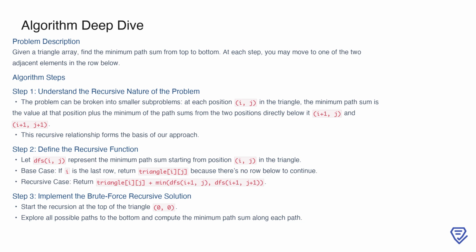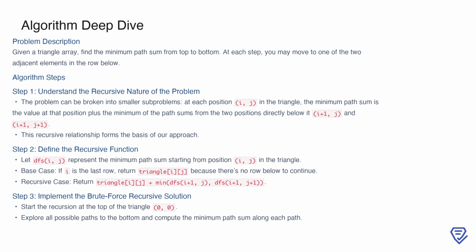Next, we define a recursive function dfs(i, j) that calculates the minimum path sum starting from position i, j. The base case is simple. When i is the last row, we return the value at triangle[i][j], since there are no rows below to consider. For all other rows, the recursive case calculates the current value plus the minimum of the two possible